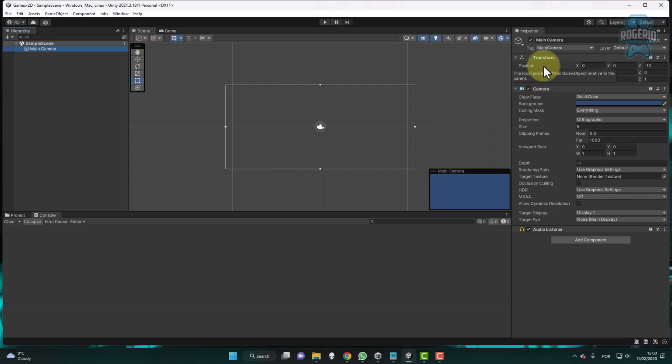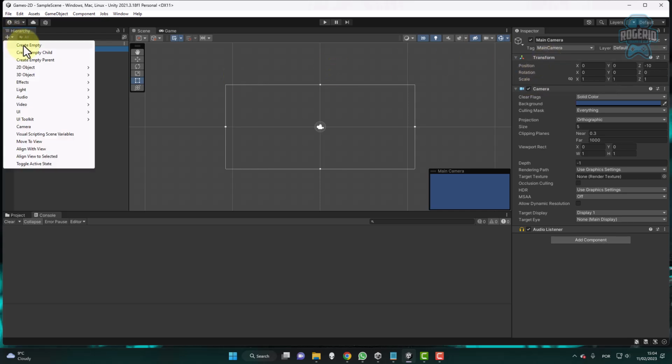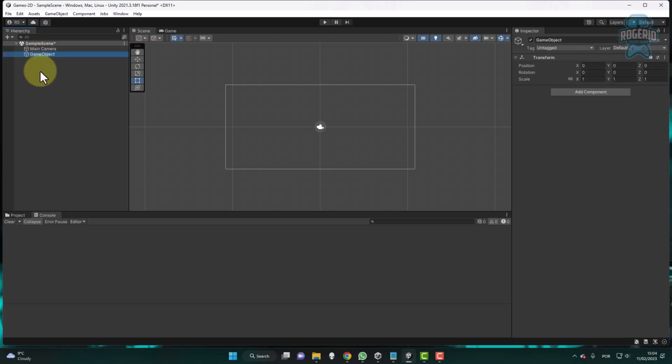And every single object is going to have a transform node. The transform node contains the position, rotation, and the scale, and that's by default. The bare minimum you have if you create an element in the game is the transform node. I can show you that. I can create an empty, and if I select the empty, that's what you have. You have the transform node and nothing else, but you can still click the add component button and start adding your own scripts, or scripts you download from the web, for instance,